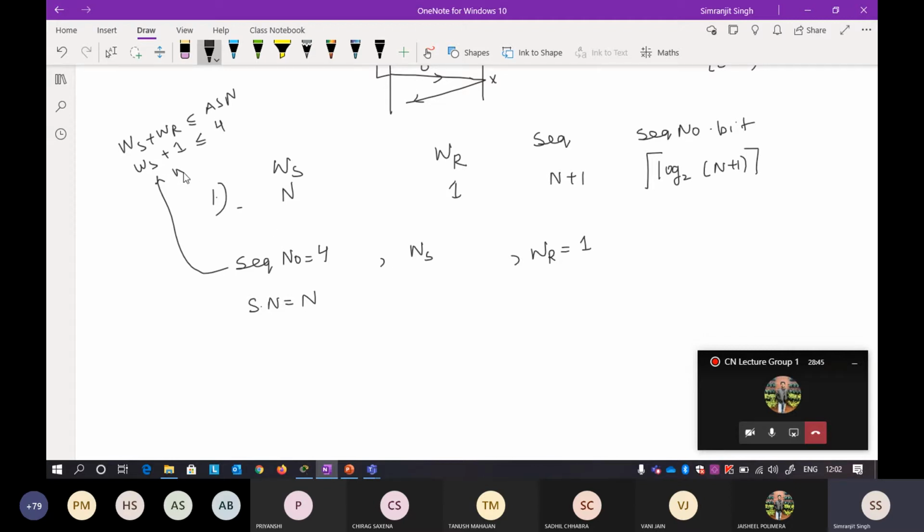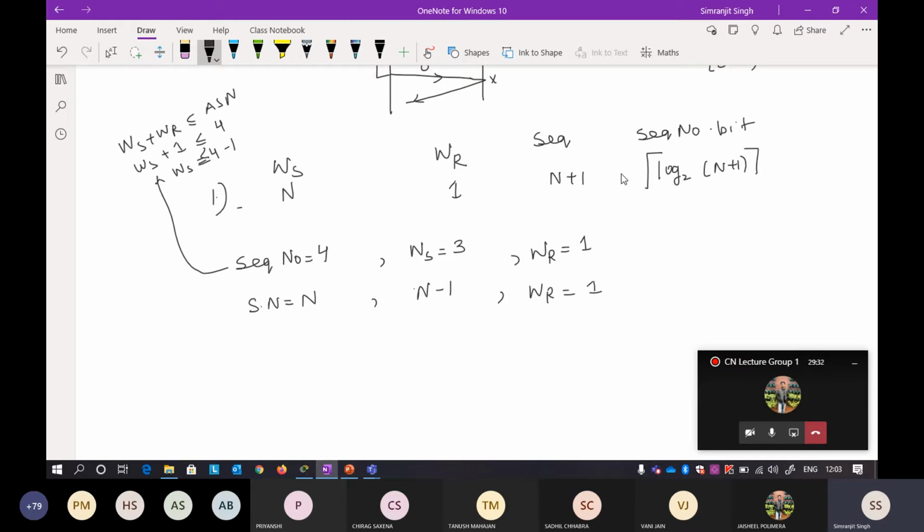Okay, so you can find the sender window size: it will be 4 minus 1, less than or equal to 4 minus 1. So you can conclude that the sender window size should be 3 here. The sender window size is bounded by the available sequence number, that is n minus 1. The receiver window size you already know. So by using this formula you can easily calculate the sender window size if you are given a sequence number. Receiver window size is constant in Go-Back-N, so there is no need to calculate it.